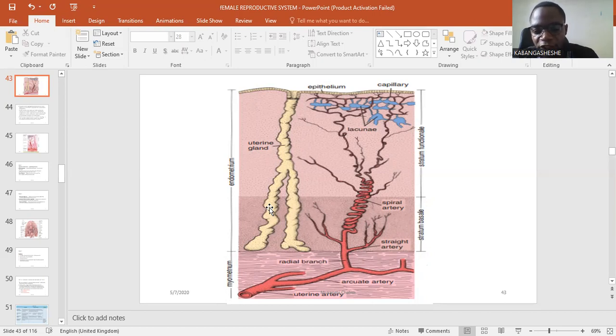But if the secretion is loose and slippery, it aids or promotes the migration of the sperm cells from the vagina through the cervix, through the uterus, and all the way to the fallopian tubes. Okay, so that is used during natural family planning. Okay, away from that, we look at the